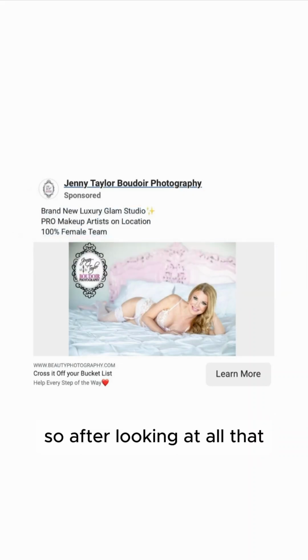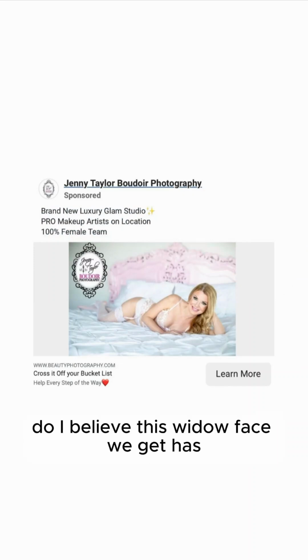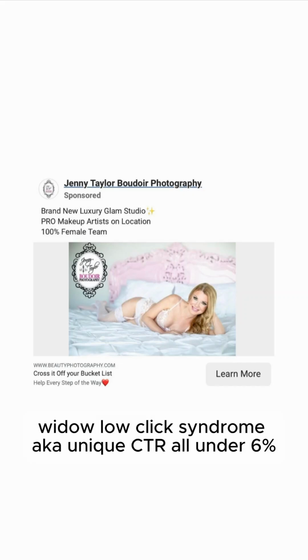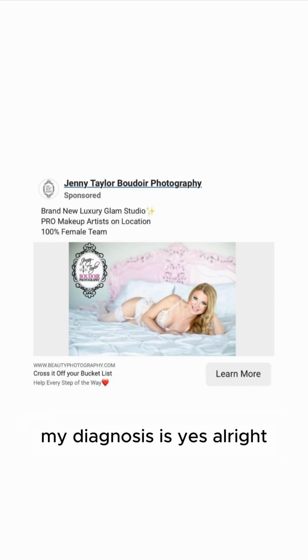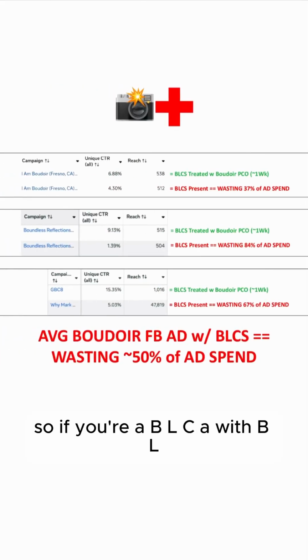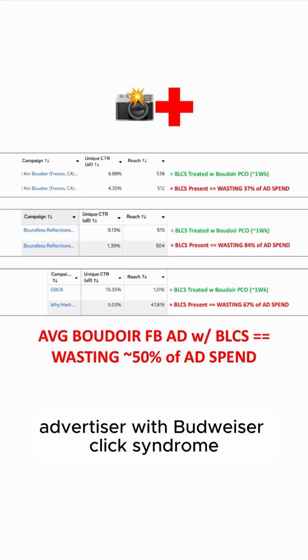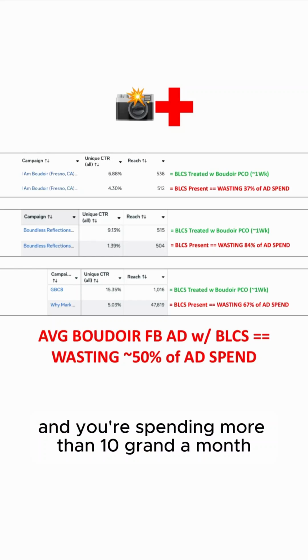So after looking at all that, do I believe this Boudoir Facebook ad has Boudoir low click syndrome, aka unique CTRL under 6%? My diagnosis is yes. So if you're a Boudoir low click advertiser with Boudoir low click syndrome and you're spending more than 10 grand